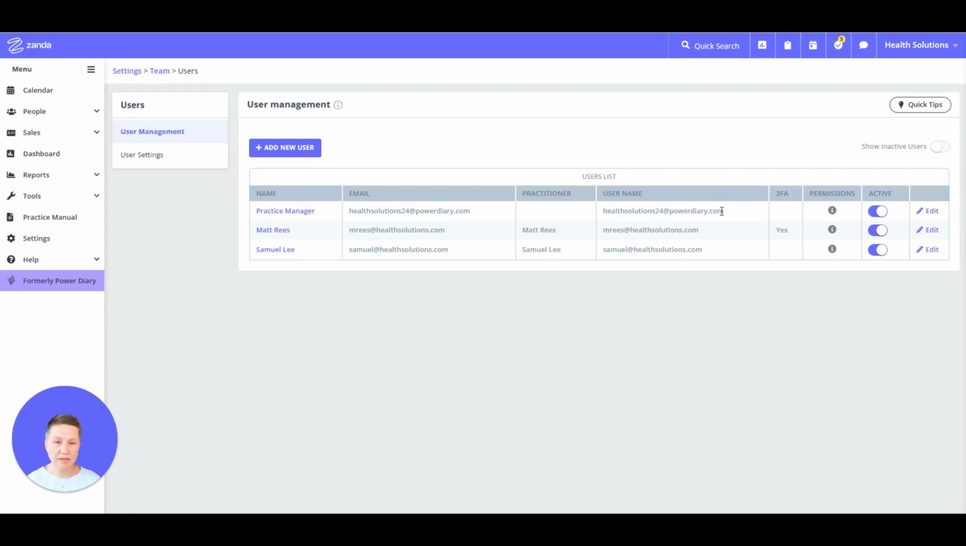Now that we have added a new user to our list of users, let me show you some more information about how to manage users in your account. We're still on the user management page, and let me show you what information you can see when you are on this page. First of all, you can see the list of user profiles that are already there